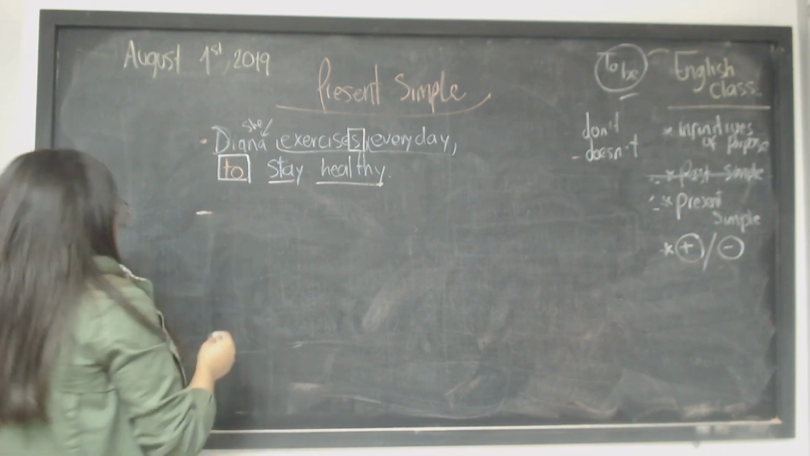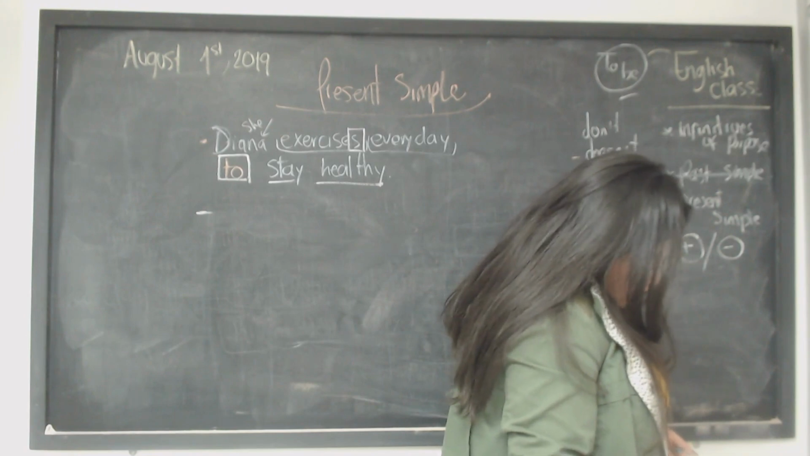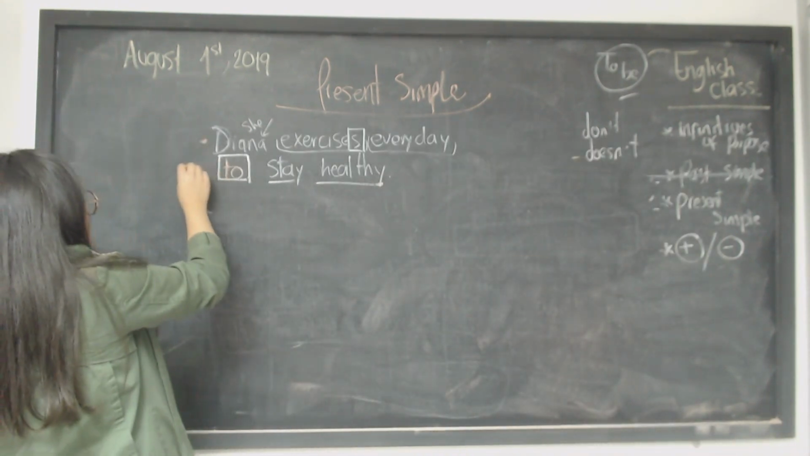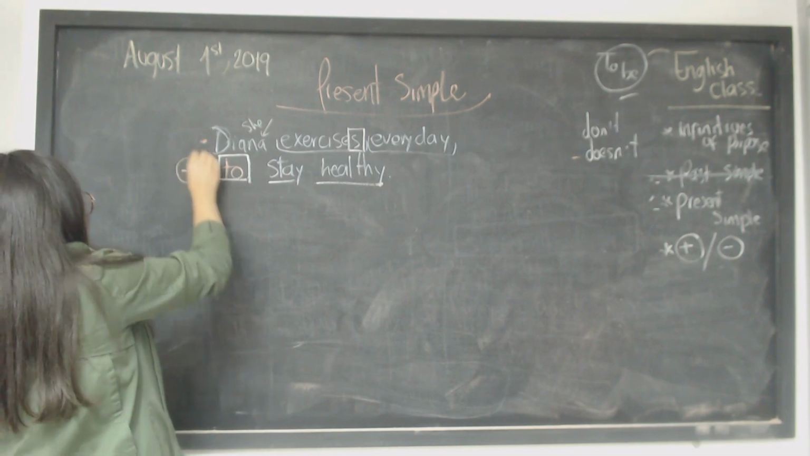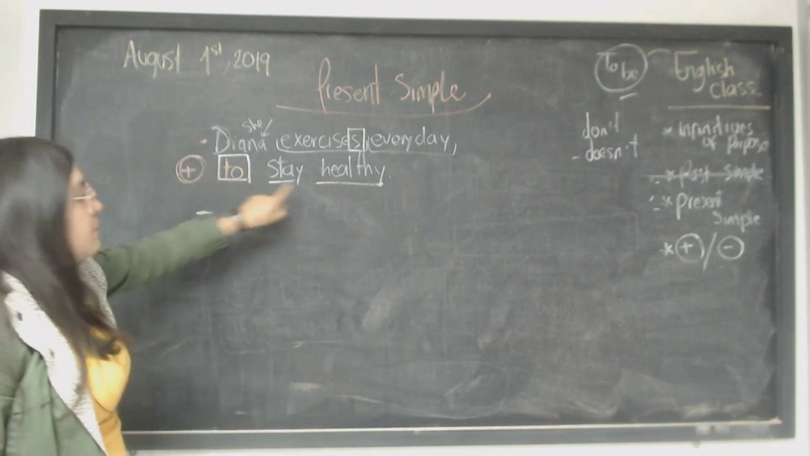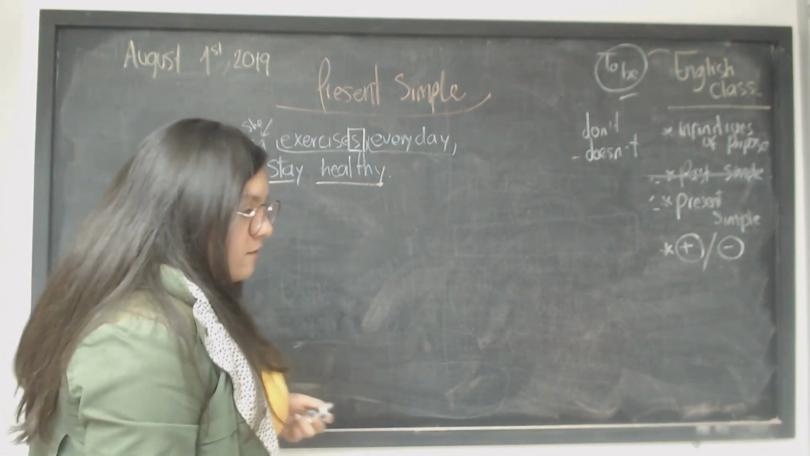Let's make another one. Vamos a hacer otra. This one, as you see, is with positive. Esta está en positivo. El infinitivo de propósito está en positivo para mantenerse saludable. Okay? Let's make another one with positive. So,